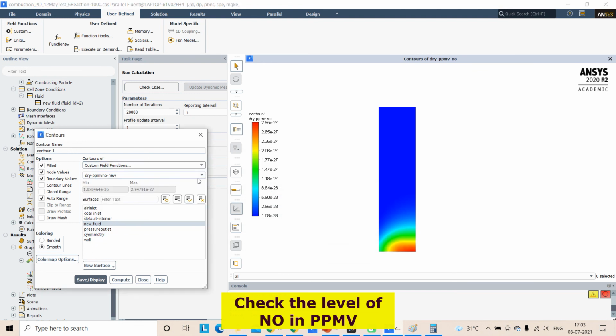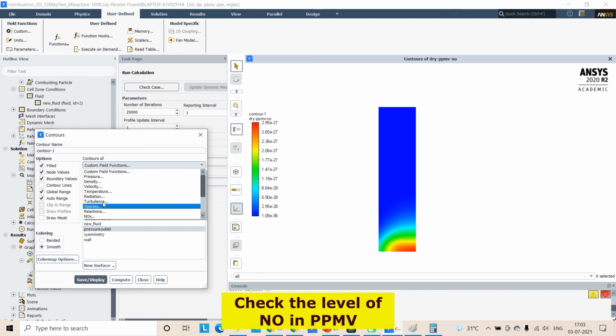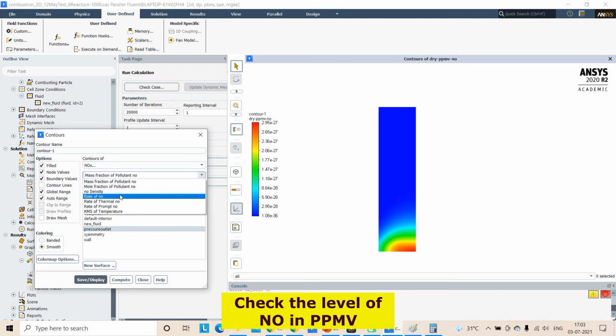Then you have to go to custom. This value is also low. I think this value will be low. This is, I think, the auto range. Check it. It may be showing low because of low temperature. It is showing the low value. Because see, here it is very low because of low concentration, there is no NOx.